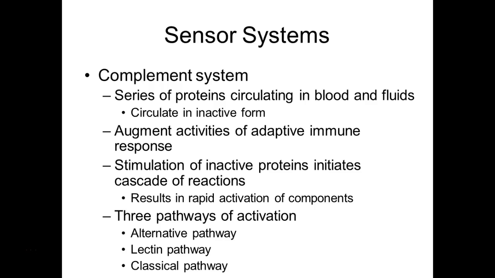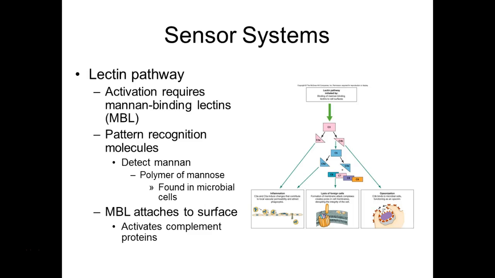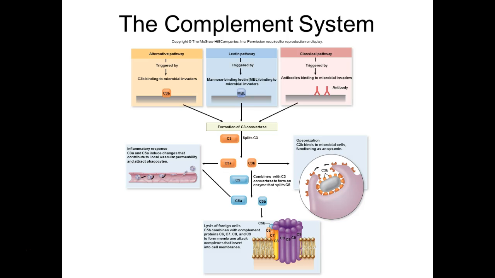The three ways that activation can happen, two were shown in this video, the alternative pathway and the classical. The third is the lectin pathway. Now the names, unfortunately, are somewhat confusing sometimes. The classical pathway, just let me switch to this slide right here. So the classical pathway,